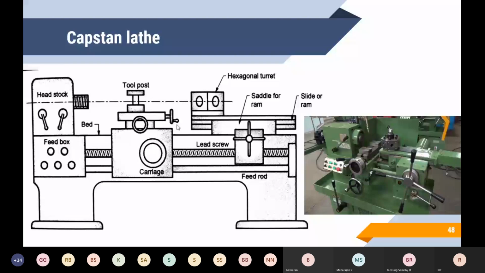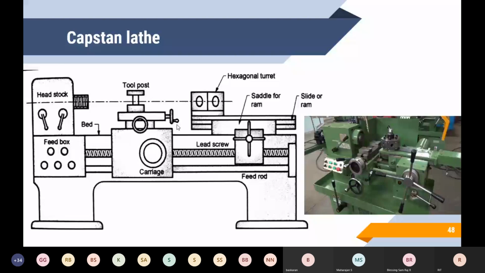Okay, the next is the semi-automatic lathe. Why do we go for a semi-automatic lathe? In the category of semi-automatic lathes, we normally know the capstan lathe and the turret lathe. Only one tool can be used in the normal machines. So as a replacement, we are moving towards the capstan lathe, because of the large setting time of the job; every time we have to set separately.